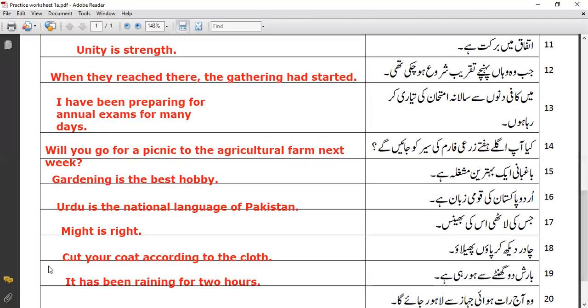Okay, last sentence is, see, a similar one, the one which we did previously. These kind of sentences are there in the examination, so you need to practice it. Okay, what is the sentence here? वो आज रात हवाई जहाज से लाहौर जाएगा. Simple future sentence. Do not confuse yourselves.